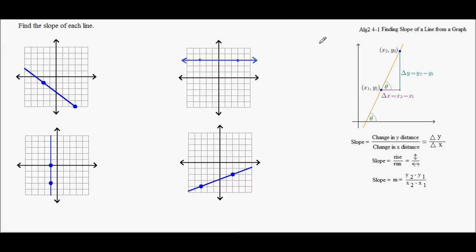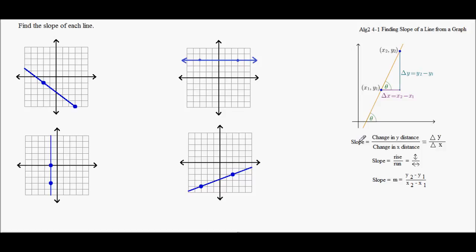Again, this is John Lundquist, Paladin Academy, and this is lesson 4-1 of Algebra 2, finding the slope of a line from a graph. Over here I have the formal definition, and it looks really complicated, a bunch of deltas and x's and y's. But it's really not that bad. It's really pretty easy. And really, when you get down to it,